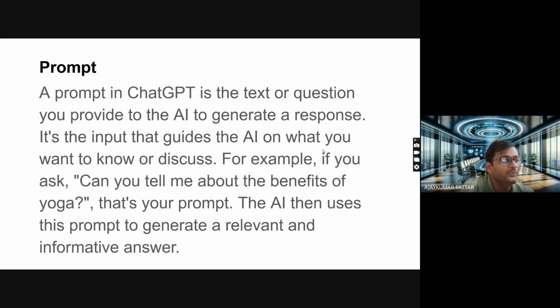Whatever doubt or question there is, you simply type and search in ChatGPT. That asking or inquiring in ChatGPT is called a prompt. A prompt is the text or question you provide to the AI to generate a response. That input guides ChatGPT or the AI on exactly what you want to know or discuss.